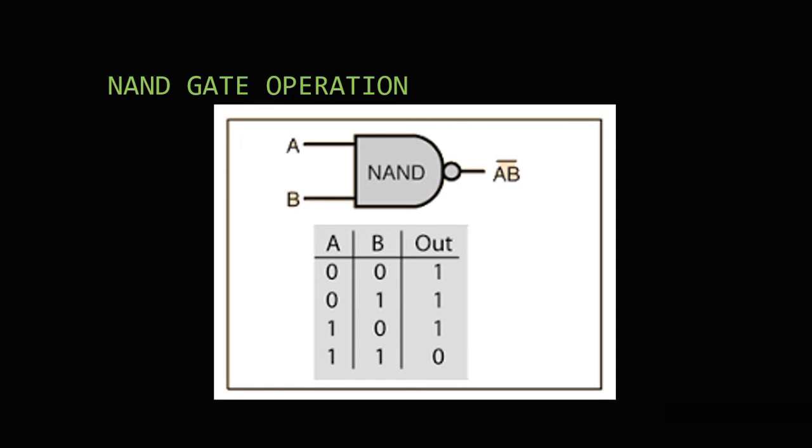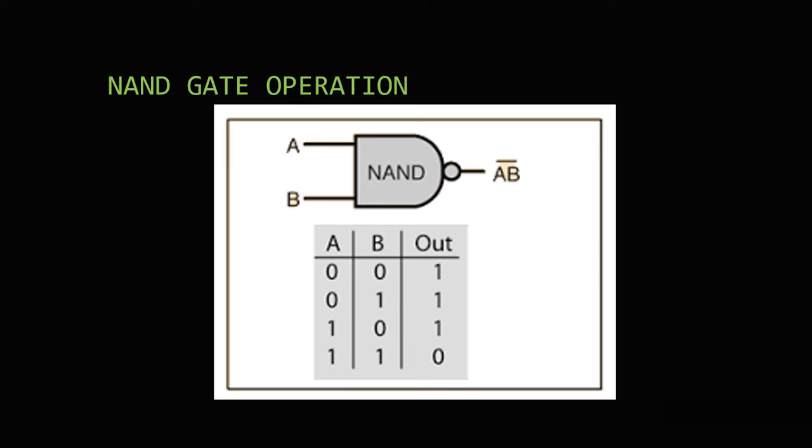The next important gate is the NAND gate. A NAND gate is also known as a universal gate because it is used in the implementation of many other gates that are formed by the connection between multiple NAND gates, and many more gates are joined together to perform all these kinds of operations.